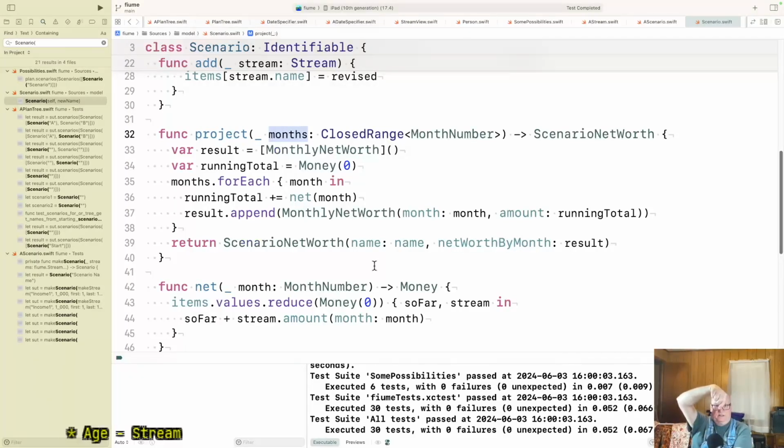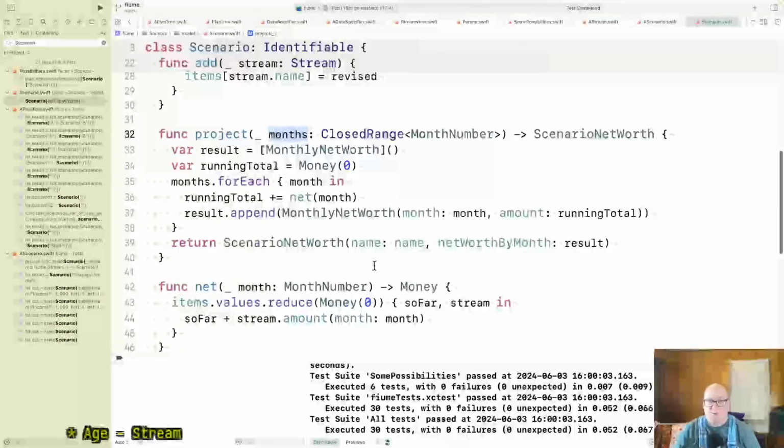But somehow the scenarios need to know the start date to get from the month number. If the start date is June 2024, and the month number is 2, then it's July 2024. And if your birthday is July 2024, now you're a year older. But what I think is, instead of passing the range 1 to 360, what if I passed June 2024 to June 2054, as a range of dates to calculate by?